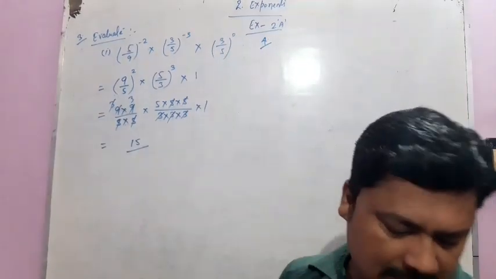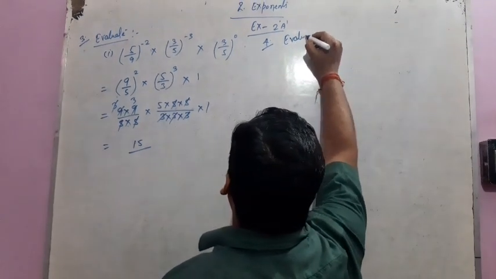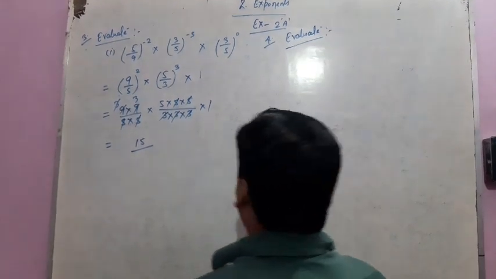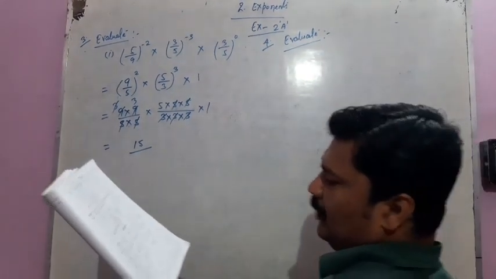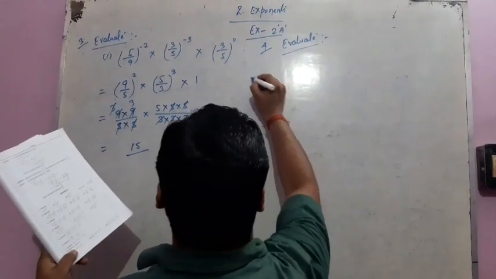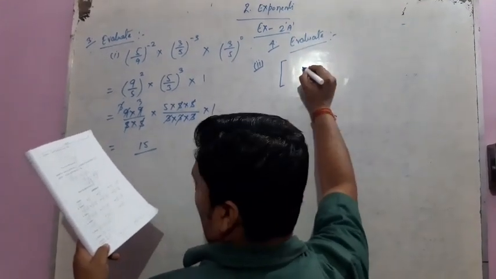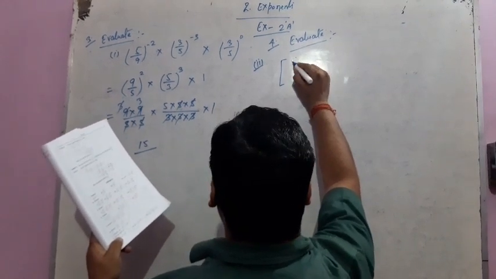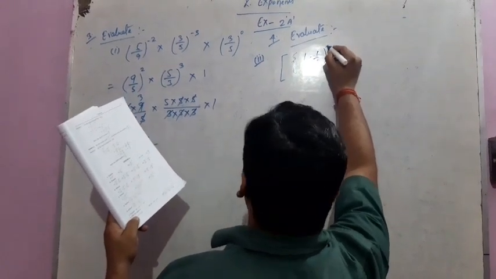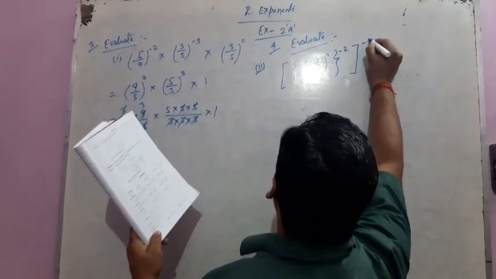In question number 4, we also have to evaluate, but using a different property of exponents. All questions are the same in question number 4. So here we are solving the second question. Under the big bracket, the curly bracket and the small bracket, minus 1 by 3 to the power square. Then on the curly bracket here the power is minus 2 and then minus 1.